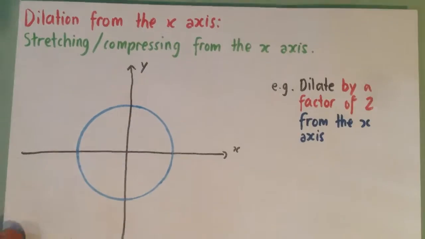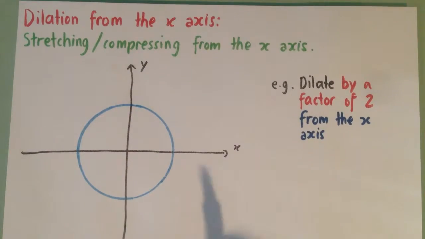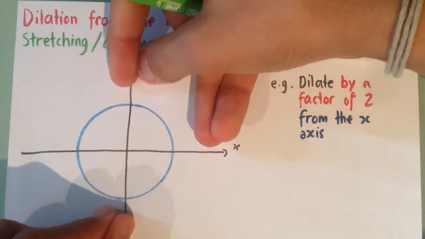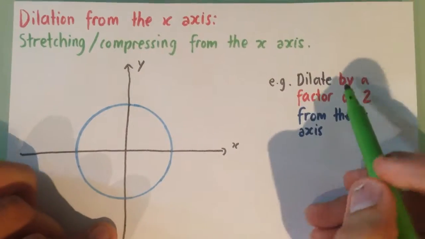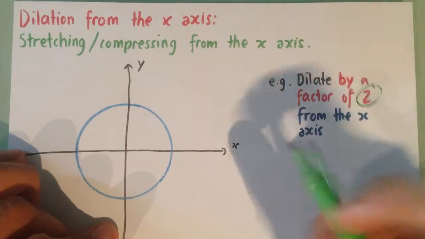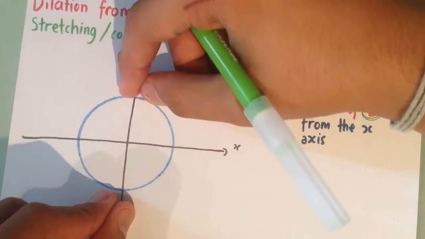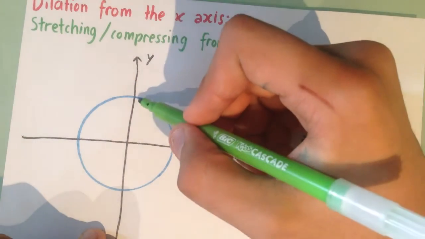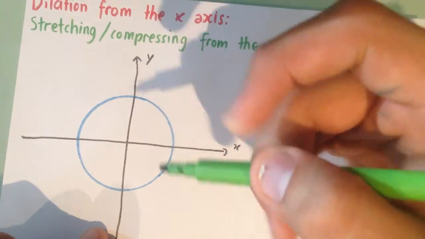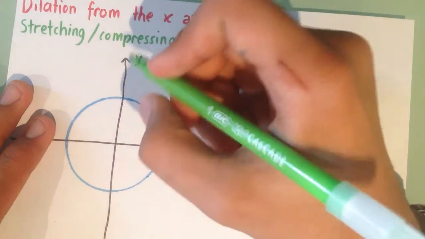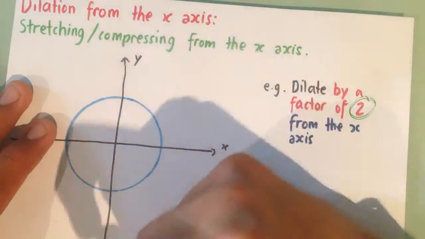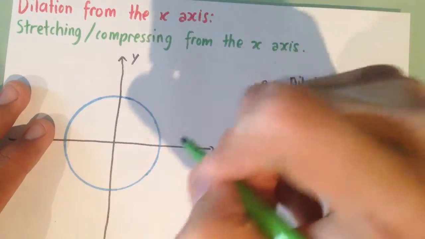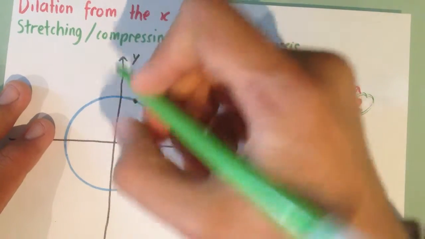So the first thing we know, it says from the x-axis. That means we're going to be stretching it that way. And then we need to look at the factor. It says the factor is 2. That means that we're going to be stretching it that way until it's twice the distance it was initially from the x-axis. So what that means is, if we take any point along this curve, let's take this point,